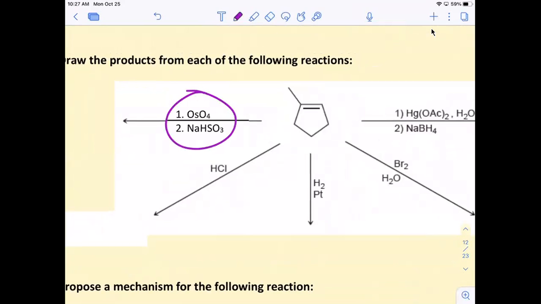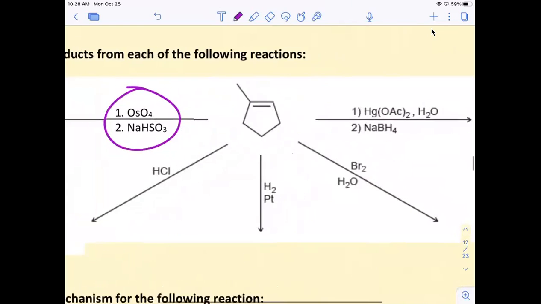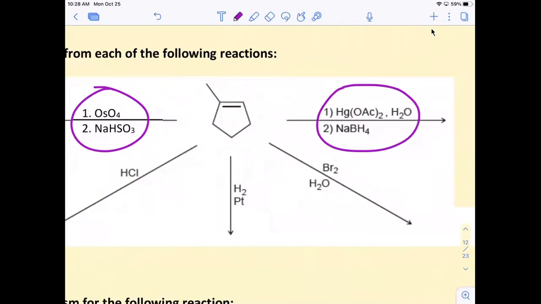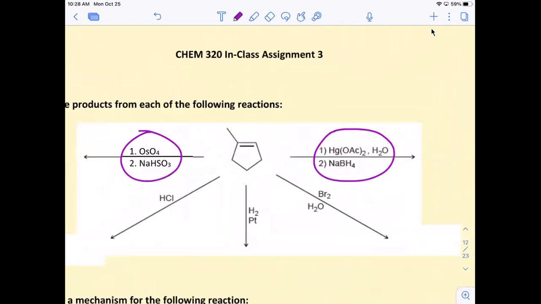So the first reaction is osmolation. And then this reaction right here is oxymercuration. They both have a similar outcome, right? So let me give you